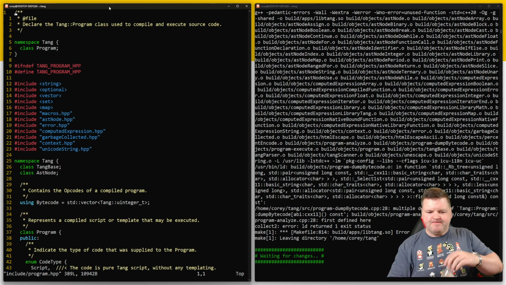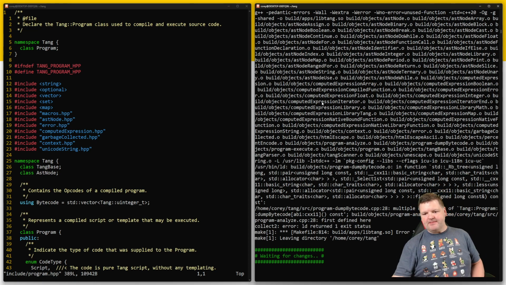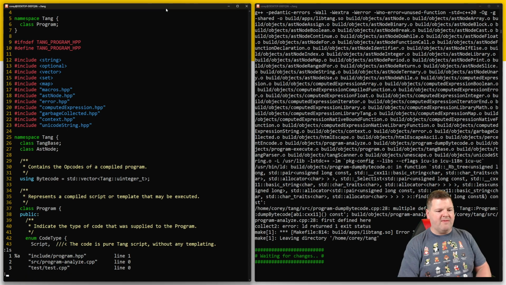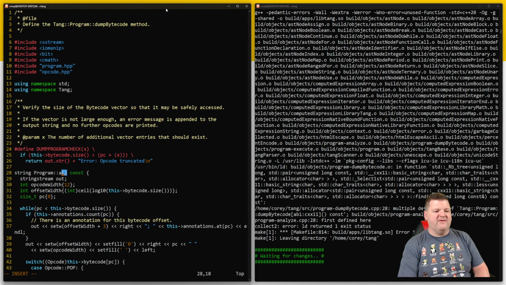So as I was saying, first of all, we know that we just copied a file, and let's look at that one. Program analyze. And it has this thing called dump bytecode, and what we want to do is instead have an analyze function that will give us some information about